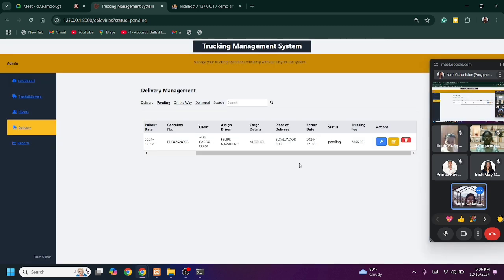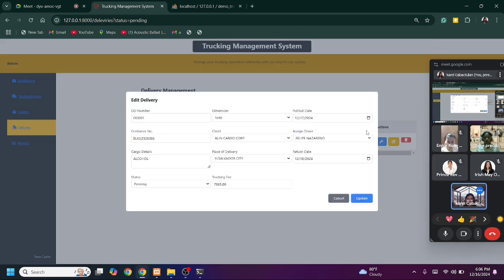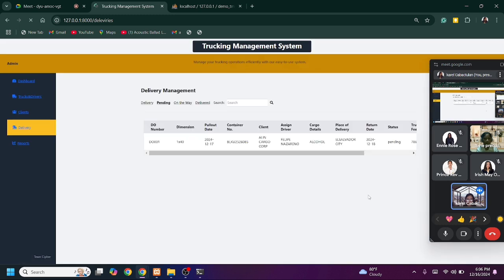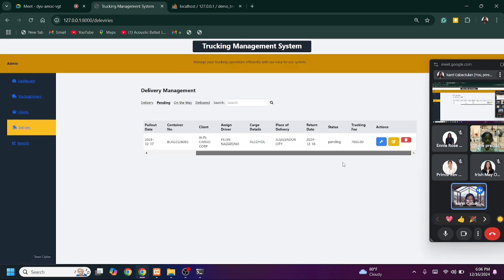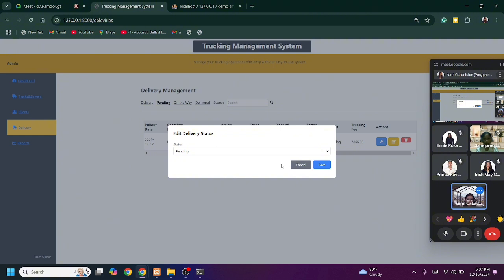And then we also have, if ever we misspell or something is missing in our delivery information, we can also edit the following. Once updated, it will be updated also in our pending tab. Now let's try to update the status to on the way.